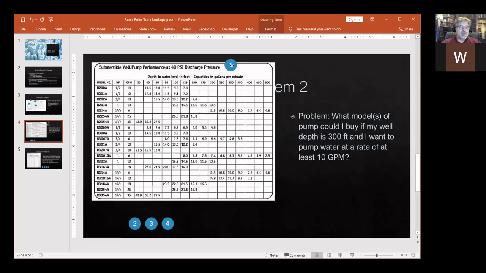So at the top of the table, I'm reading submersible well pump performance at 40 psi discharge pressure. And right below that, it tells me depth to water in feet, capacity in gallons per minute. Does that match the data that I'm looking for? Yes, it does. Number two,